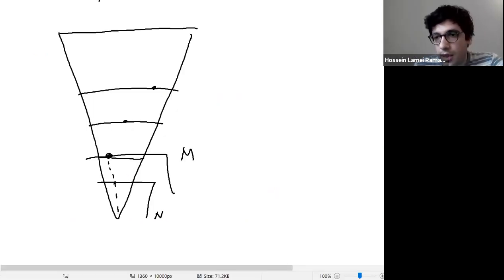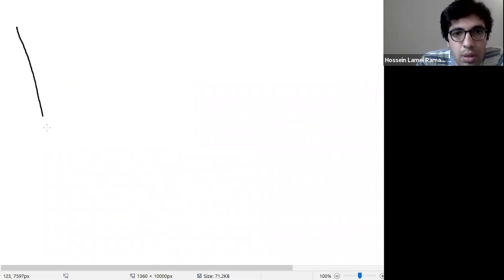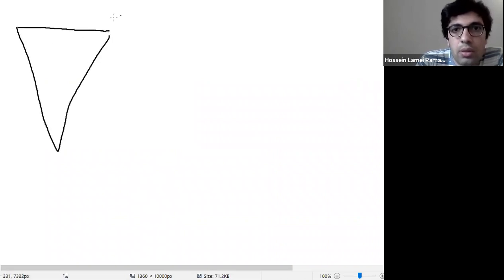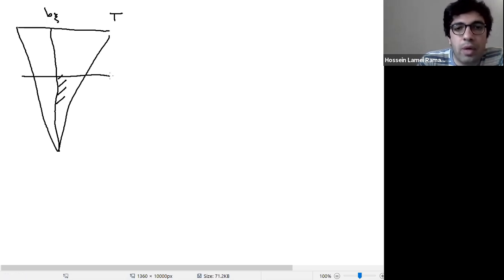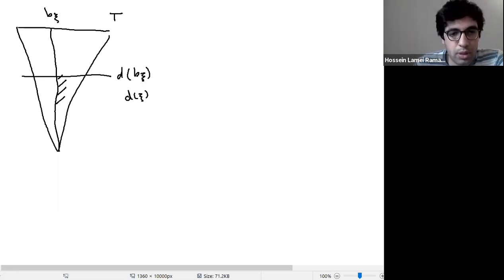So suppose that we have this generic tree, and we have big psi. We look at the sup of the ordinals at which there is some branch to the right. And of course, this is going to stop somewhere before omega 1, and this is going to be the d of big psi, or d of psi. We use d psi and d big psi interchangeably.